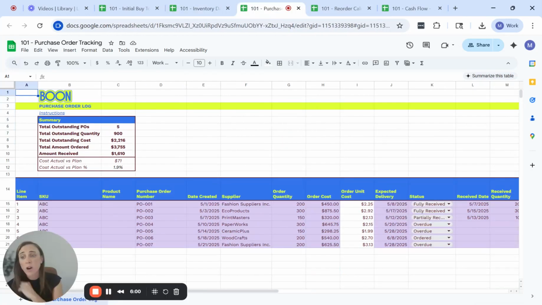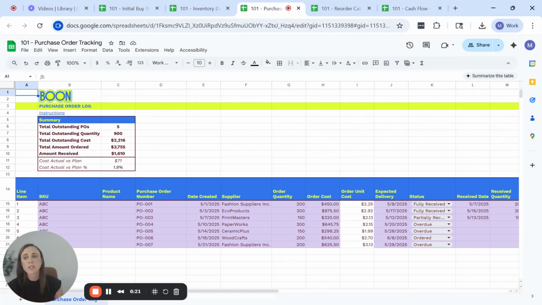Our next one is our purchase order log. This purchase order log is a place for you to get every PO organized and in one place. Of course, when you create a purchase order, you're likely making a PDF, emailing it over to the vendor, and having some communication back and forth. And that's great. But being able to see all the purchase orders in one organized fashion for anyone across the